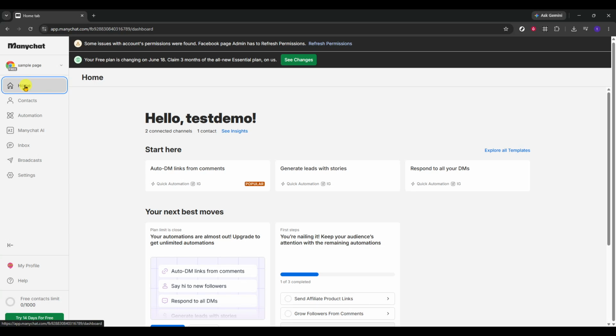Hello, today we will guide you through how to link HubSpot with ManyChat. In this walkthrough, we'll be connecting your HubSpot account to ManyChat directly from the ManyChat dashboard. This integration can help you keep your marketing and contact management tools working together more smoothly, and the setup only